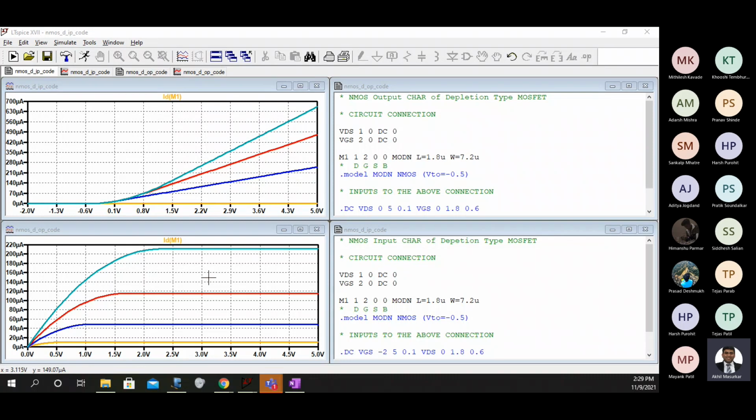Now somebody might ask me why not minus 3 here. Yes, definitely you can do that. There is absolutely no problem.